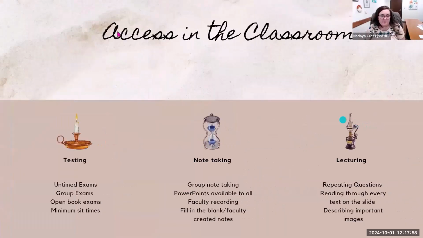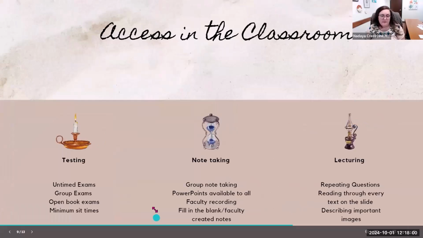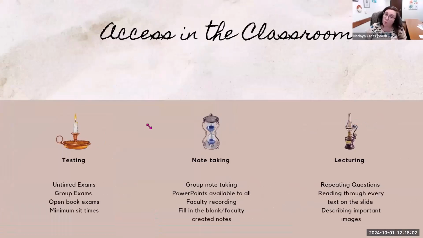I threw in some examples of different aspects that we see where we accommodate quite a lot, and they can be used in the digital aspect, but they can also be used in the classroom for synchronous courses. Again, I'm not a teacher. These are ideas that I've heard from other people. So, for example, for exams, have them be untimed. We would never write that as an accommodation. It's not a thing. We would not do that.